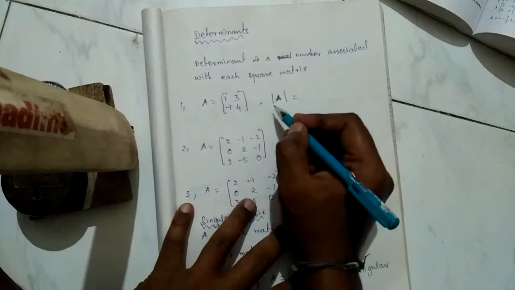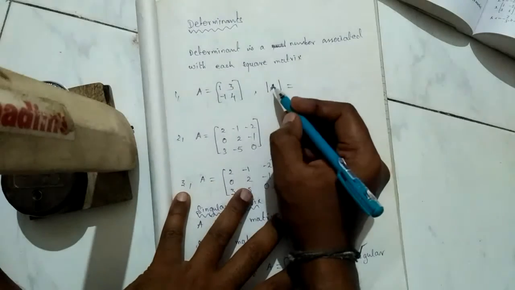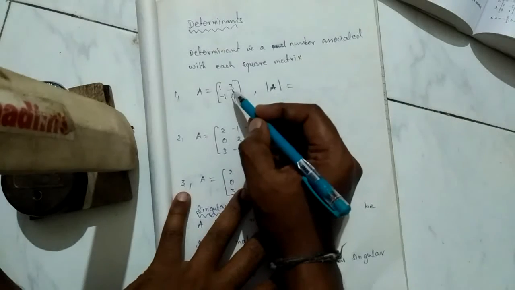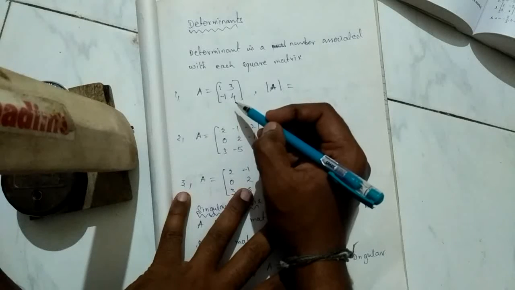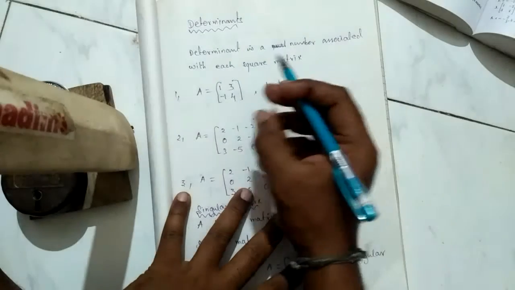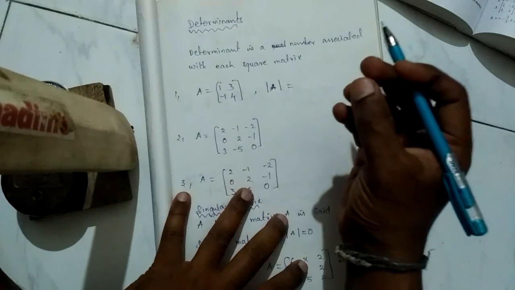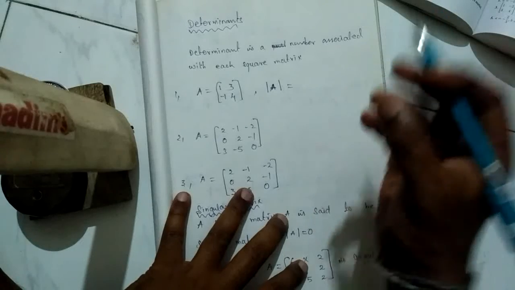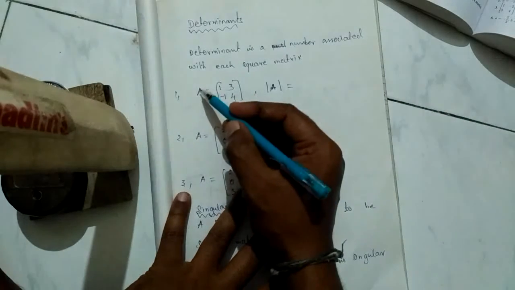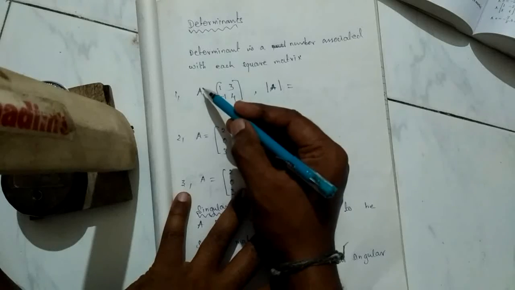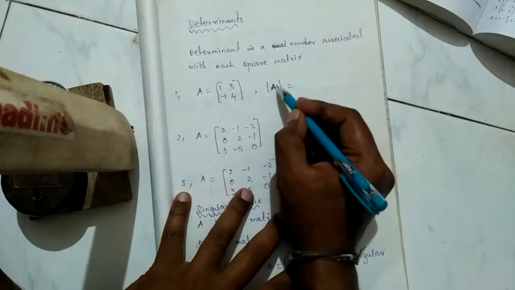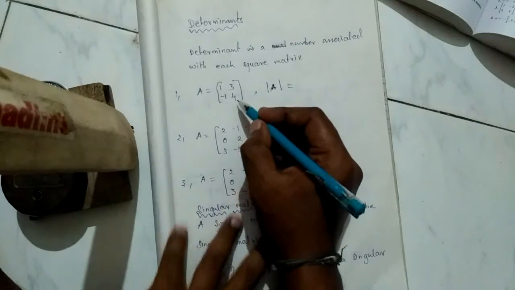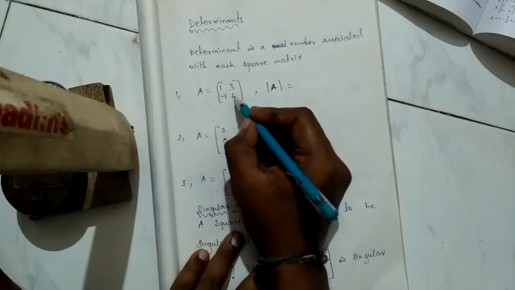Okay, so determinant of A, if you want to find out, again I'm telling you, determinant is a number associated to each square matrix. This chapter is fully based on square matrices only. Every square matrix will be mapped to a certain number. That certain number is nothing but the determinant. Suppose you want to find out the number associated to the matrix A, how you need to start: determinant of A is equal to,